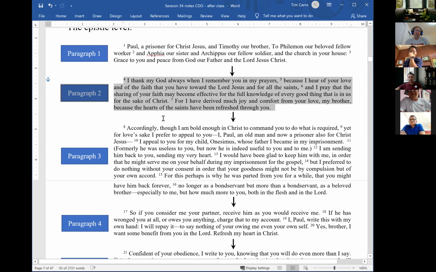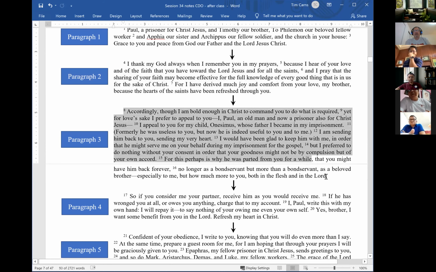The third paragraph is Paul's request to Philemon. The fourth paragraph is an additional request or emphasis, encouragement to Philemon. And then the fifth paragraph is the concluding remarks and personal remarks. But here you can see the whole letter to Philemon, the whole epistle, is broken down into each of its